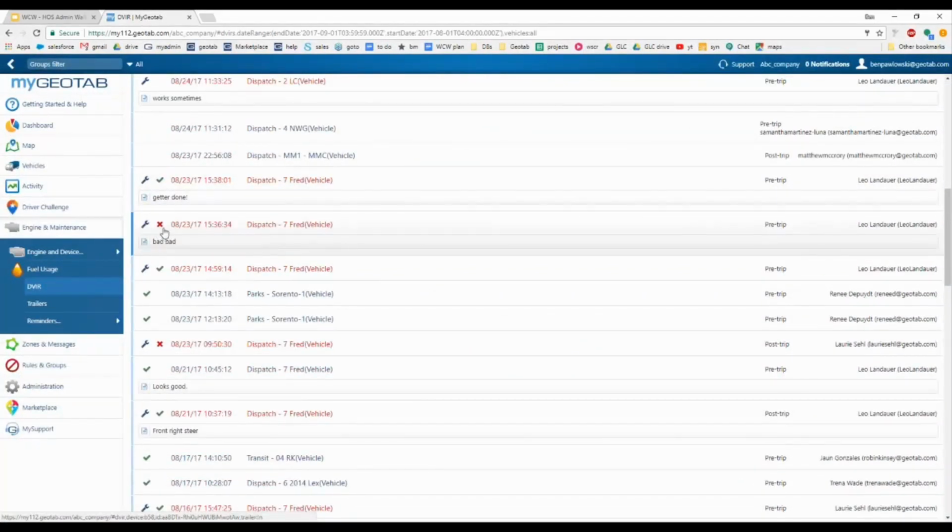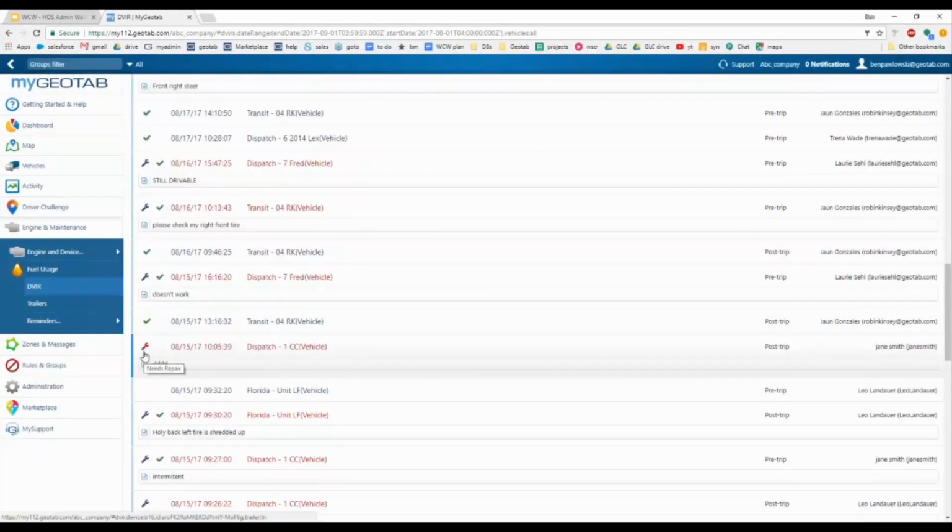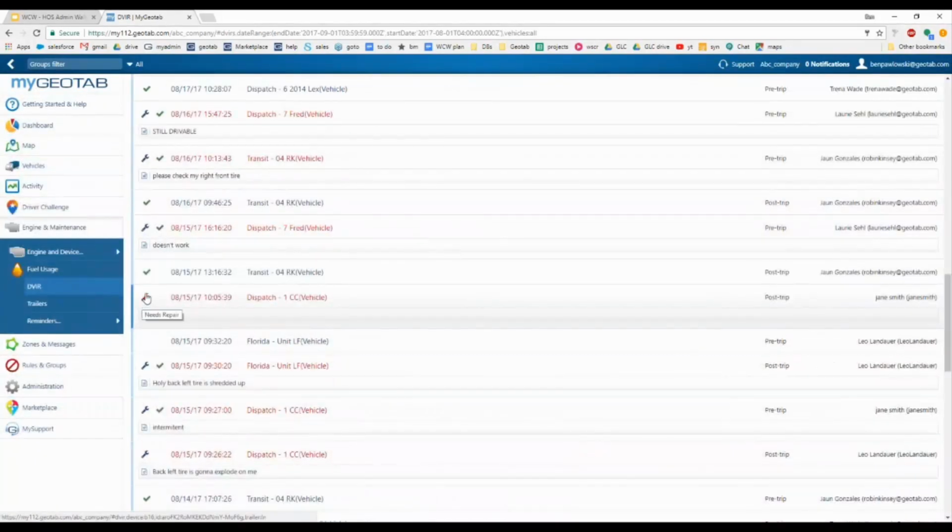If you have a red X here, it means that the vehicle was unsafe to operate. It's since been repaired. And if you have a red wrench right here, it means that the vehicle needs repairs. So this is one where this vehicle is in need of a repair. This is showing you the date and the time when the DVIR was submitted,